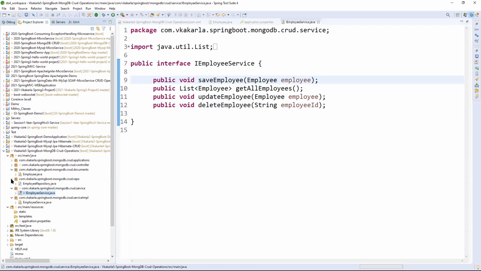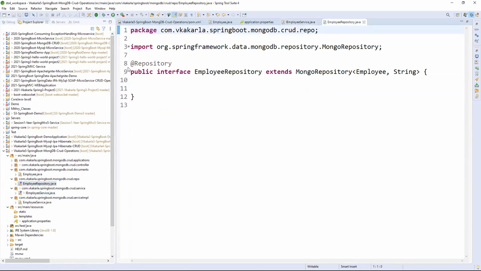And coming to repository. So before going to the service impl, coming to repository. At the repository, employee repository extends the MongoRepository. We already discussed Spring Data. Spring Data already has a wrapper for each and every database in terms of repositories. If it is a SQL database, we have a JPA repository.